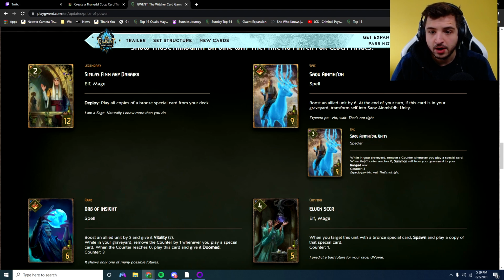And the token is a 3 power card. While in your graveyard, remove a counter whenever you play a special card. When the counter reaches 0, summon self from your graveyard to the ranged row. So the way this is going to work, the first time this is in your graveyard, you're going to need